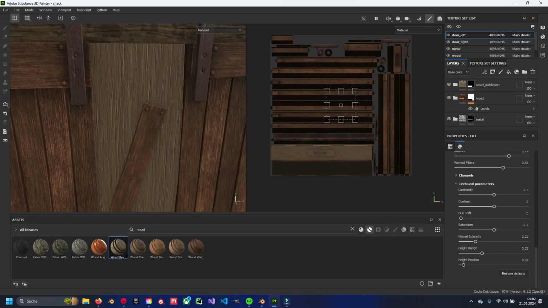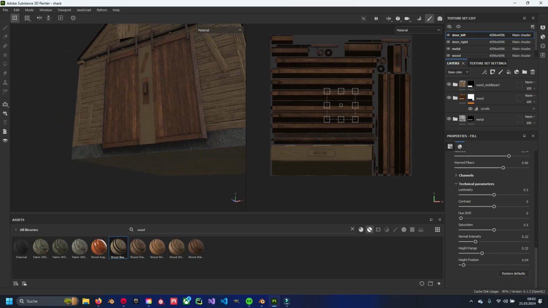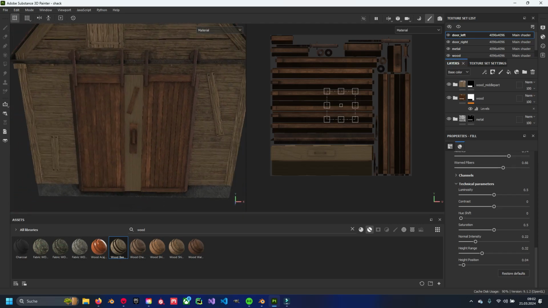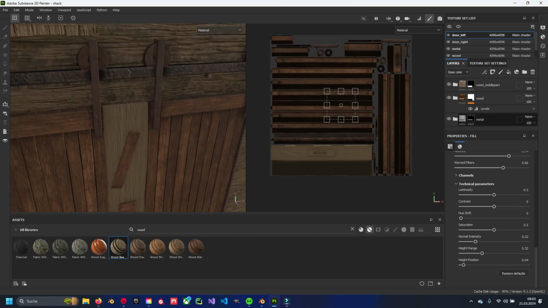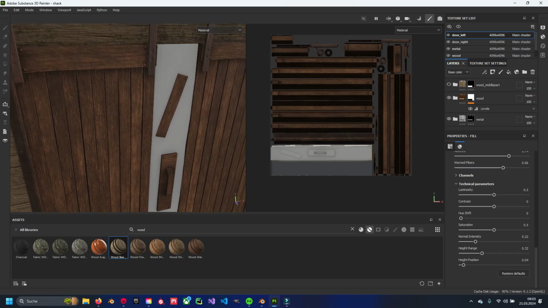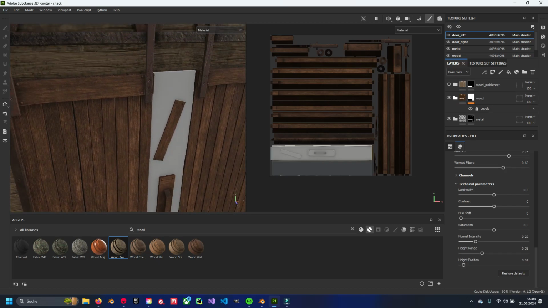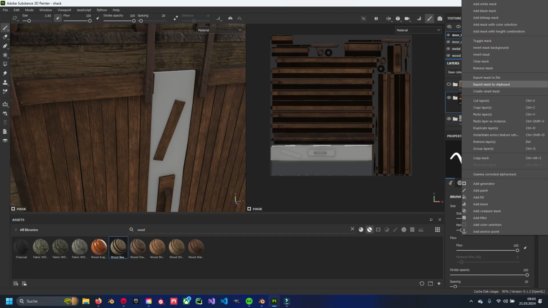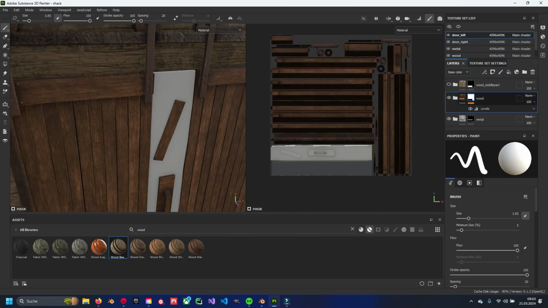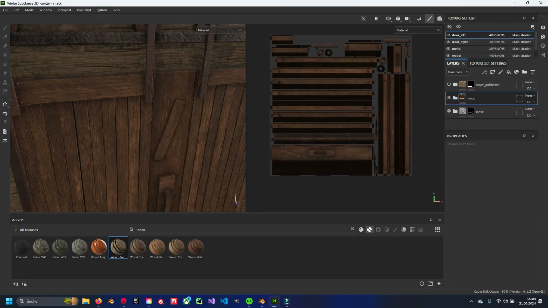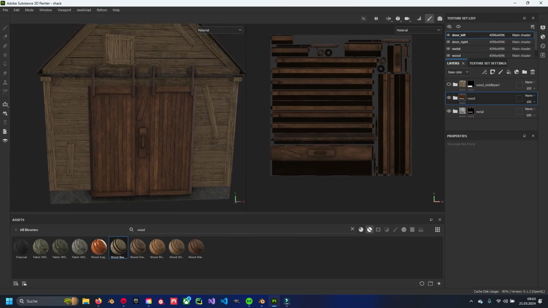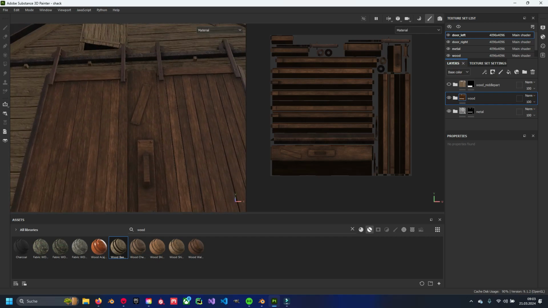Good. So I don't think it's looking that good. I don't like it very much, so maybe we can just leave it with the main wood. So go in here and just delete the black mask, or maybe the levels. Delete just the mask, remove mask, and you're back. Yeah, we leave it like that. Alright,